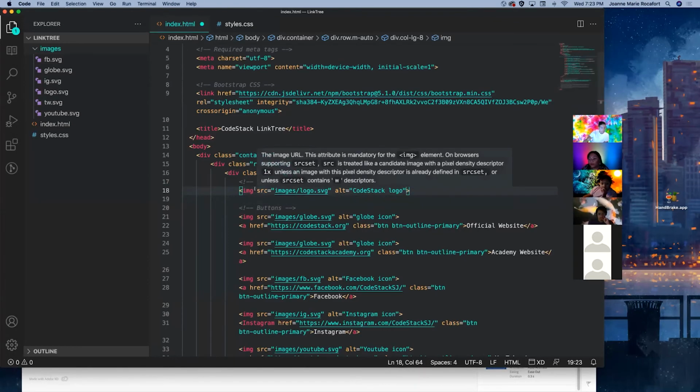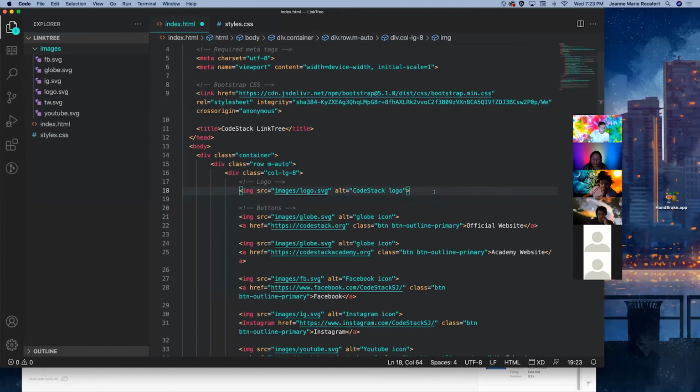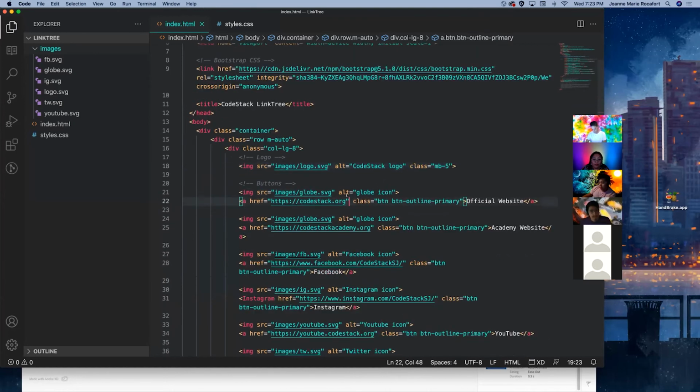This is also more Bootstrap classes, as you can actually just say class equals MB, which means margin bottom. So you're able to add margin to the logo by just putting a class without having to code all that much. And that's thanks to Bootstrap. So MB, let's say 5 because it's the biggest one. Bonk. And then for the rest of them,